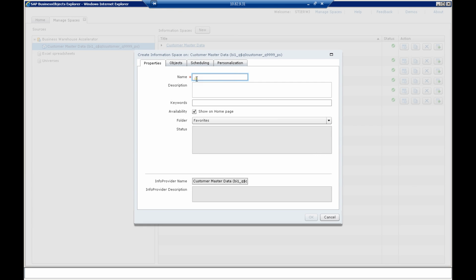At this point, we'll need to give this information space a new name. So I'm going to call this New Customer Master IS, for information space. I'll give a description. In this case, I'll provide my description as: the data of this will come from the customer master table. And now I want to enter keywords that would be applicable to this information space,